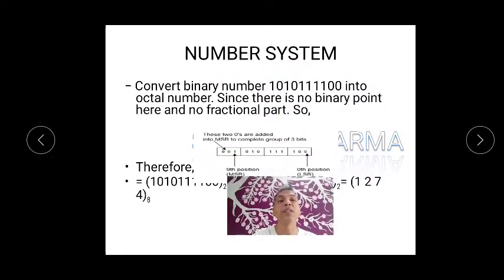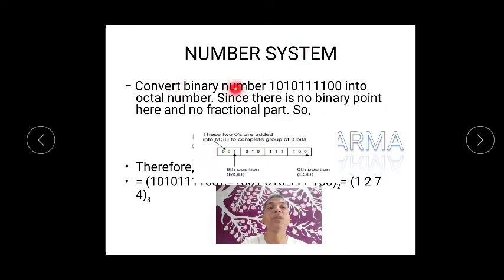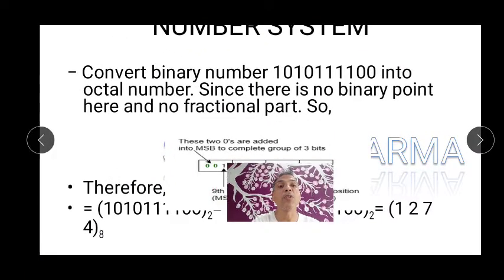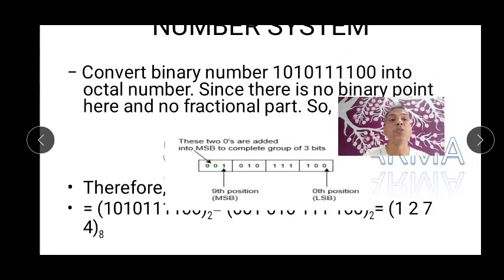Now let's take an example. Suppose this is your binary number and you want to change it to octal. I'll just zoom this. You can make a group of 3. So these are the 3 numbers. 3, 6, 9, but there are 10 numbers. So from the left hand side they just made a group of 3: 100, 111, 010, and can you see only 1 is left.